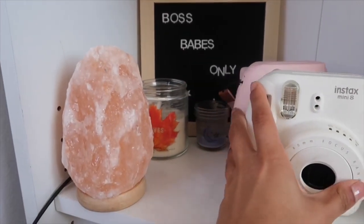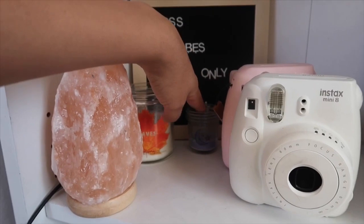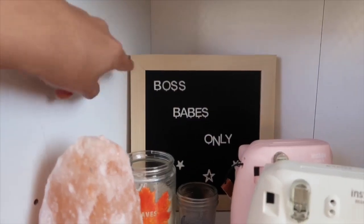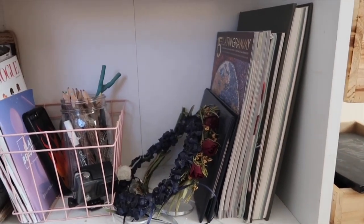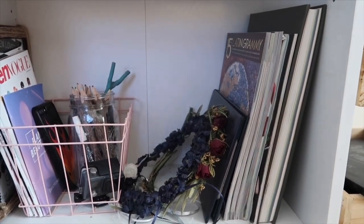And then a little bit to the side I have a lavender candle from Bath & Body Works, and this sign back here that says Boss Babes Only is from the dollar store. And finally, bringing it all the way to the bottom, I have the last section of the shelves. Here on the side I have some yearbooks, some of my favorite magazines, my high school diploma,